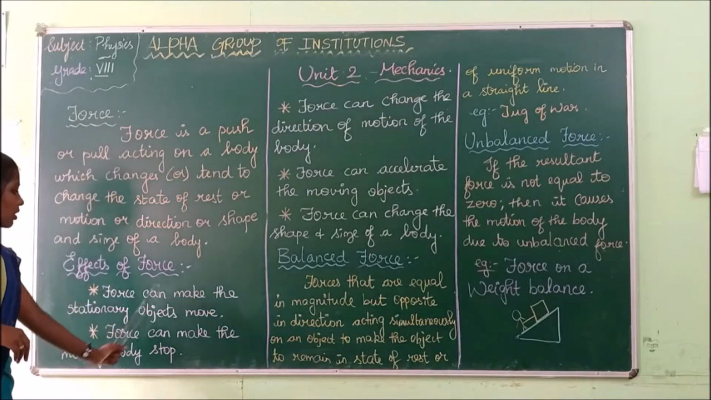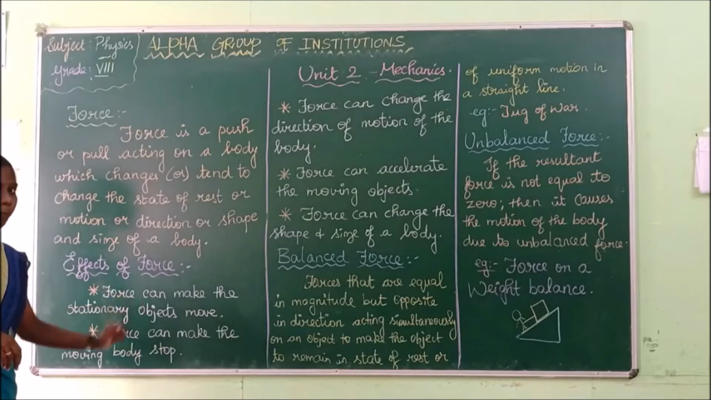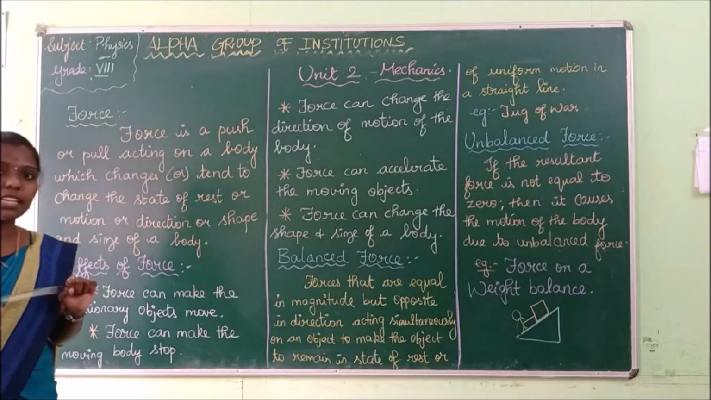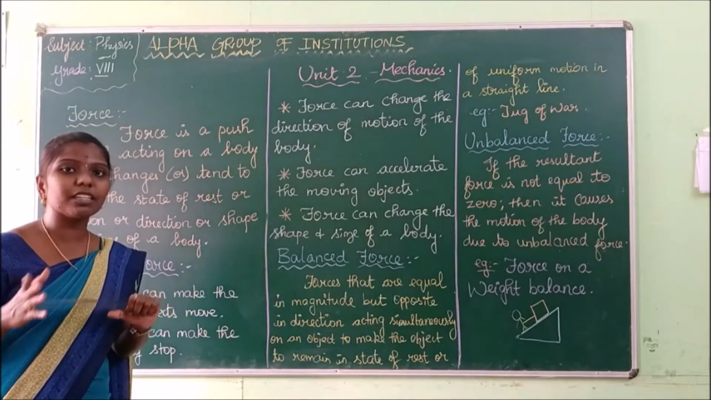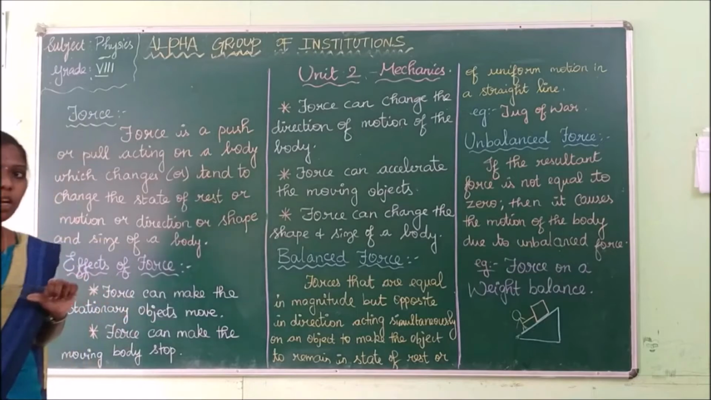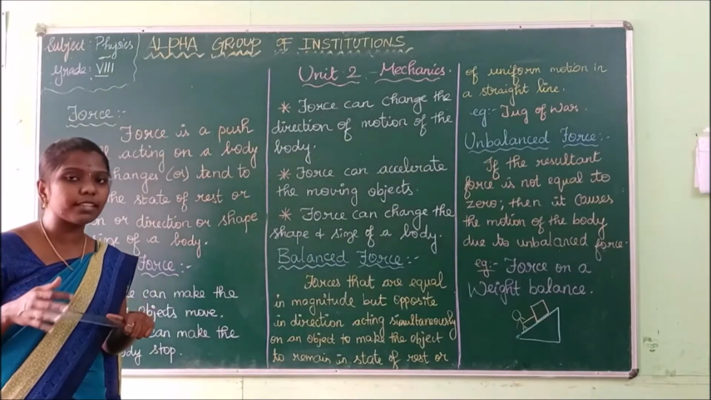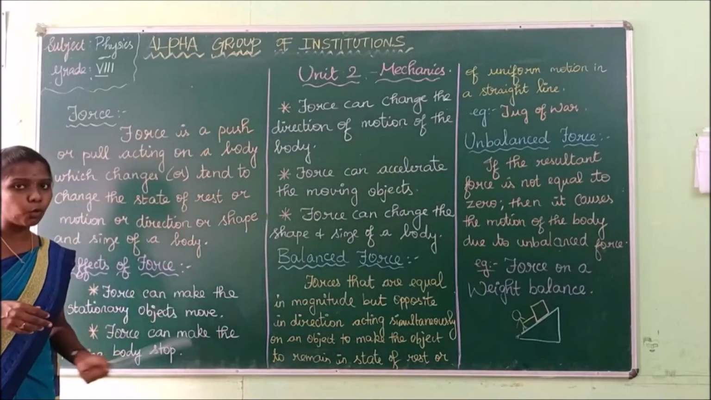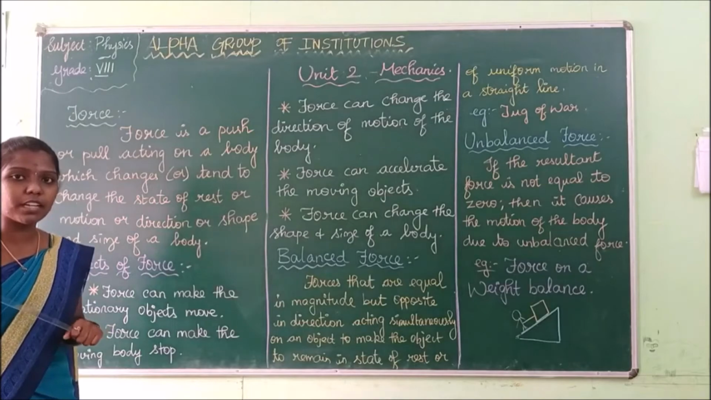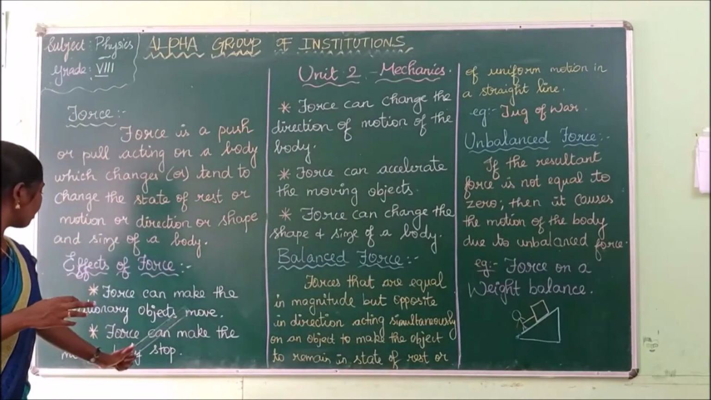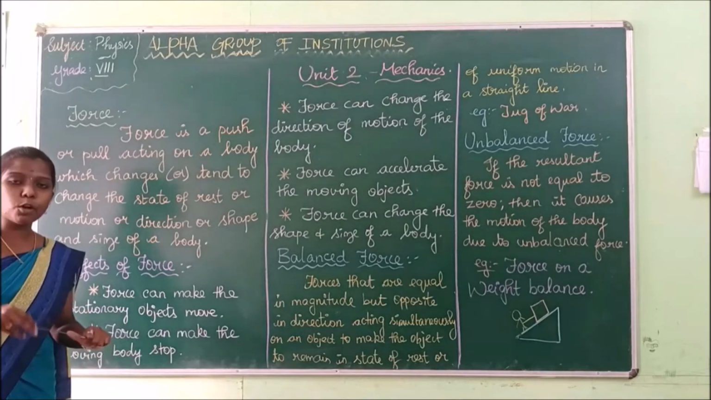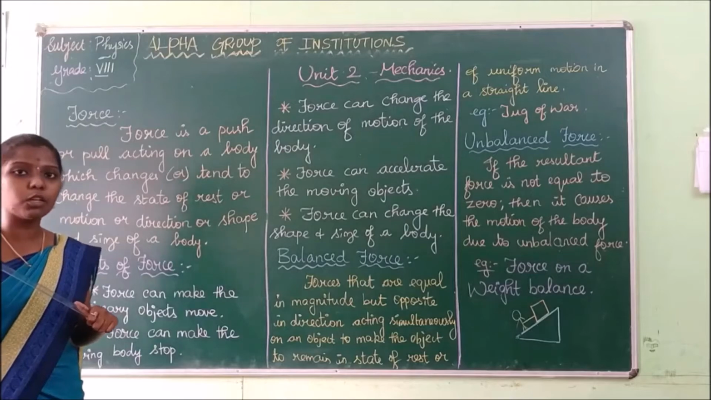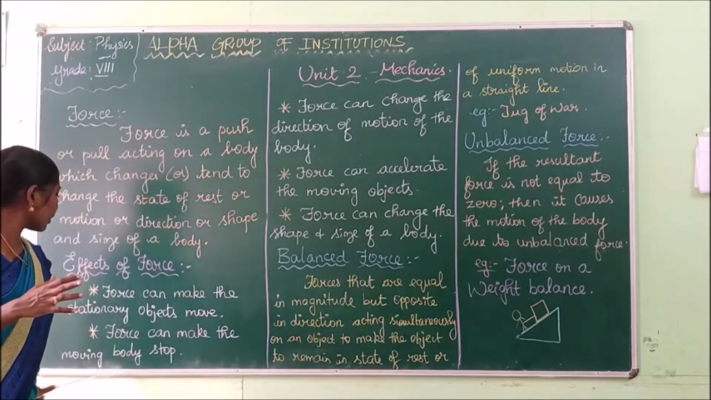First, force can make the stationary objects move. What are called stationary objects? The objects that are at rest are called stationary objects. Force is applied to move the objects that are at rest. Next, force can make the moving body stop. Force can move the bodies that are at rest. It can make the bodies that are moving, force can make the moving body